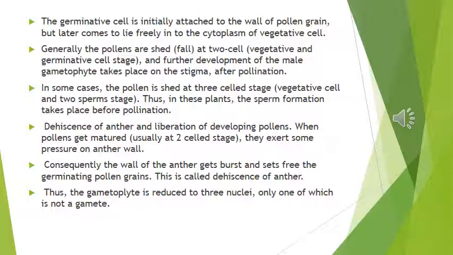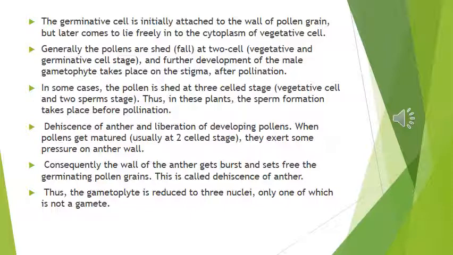Now this is the male gametophyte. While the male gametophyte usually develops after the pollen has germinated, there are many instances where it develops within the pollen before the pollen tube is formed, and in some cases even before pollination. Trinucleate pollens with a tube nucleus and two gamete cells are observed in such cases. Such trinucleate pollen formation is the rule in many plants.